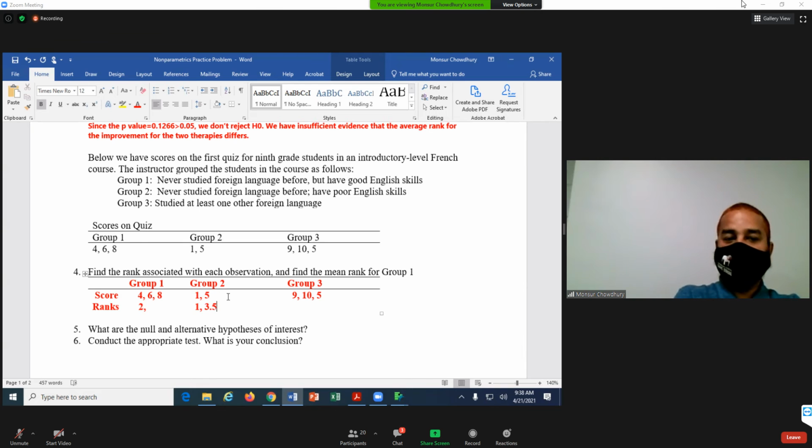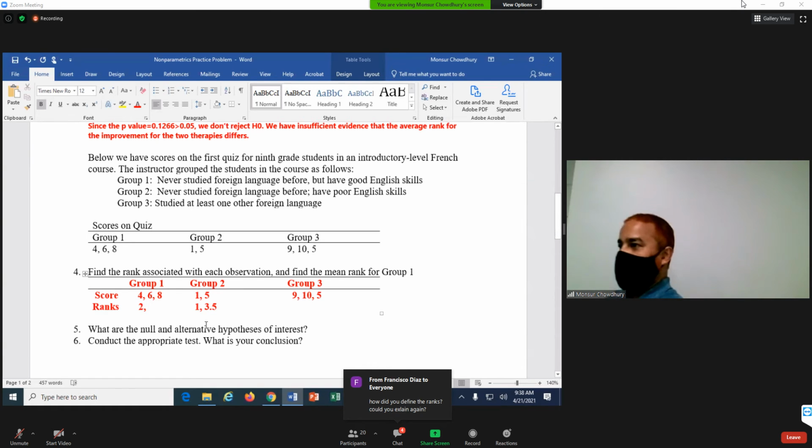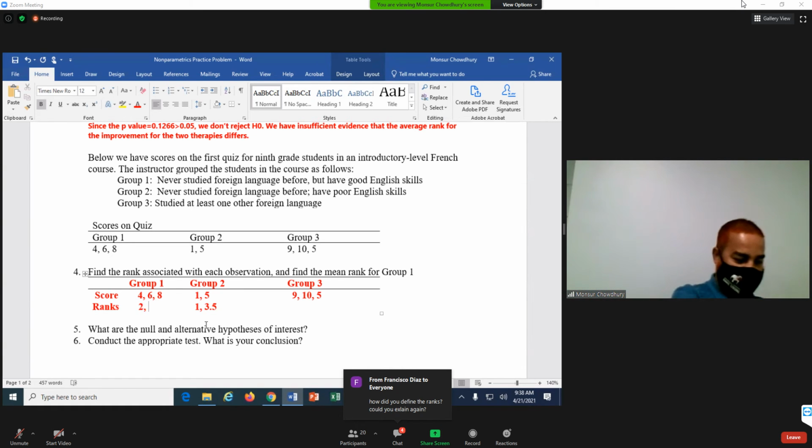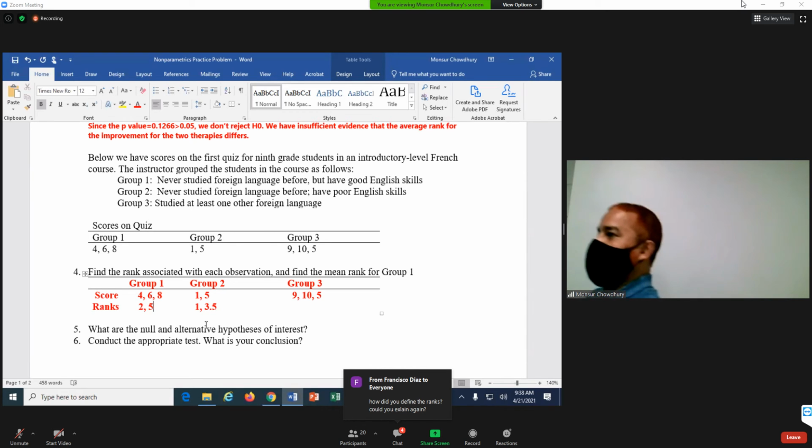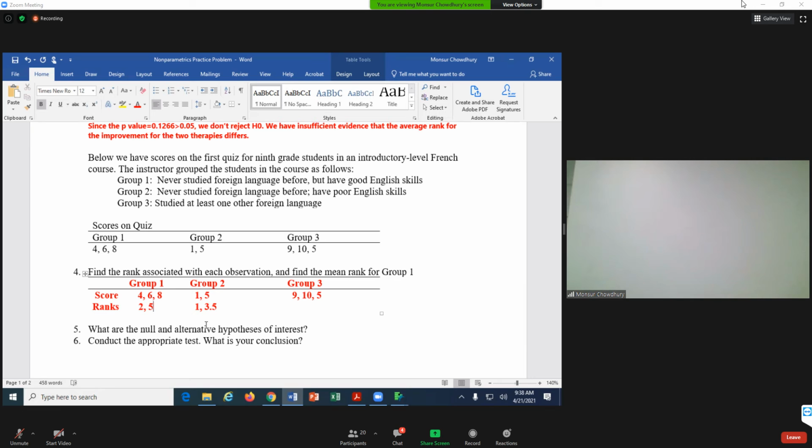Make sense? Now what about 6? We have already used 3 and 4, so the 6 will be 5, because we considered 3 and 4 for the two 5s. We take the average of these two, so we get 3.5, because they are tied.